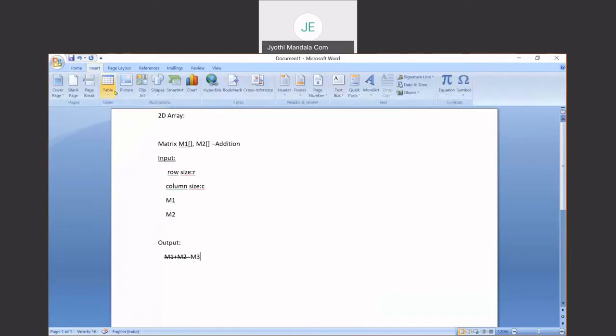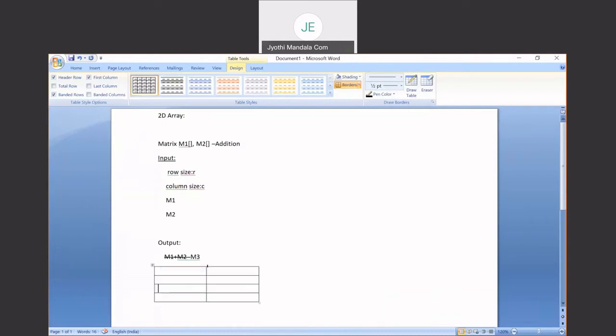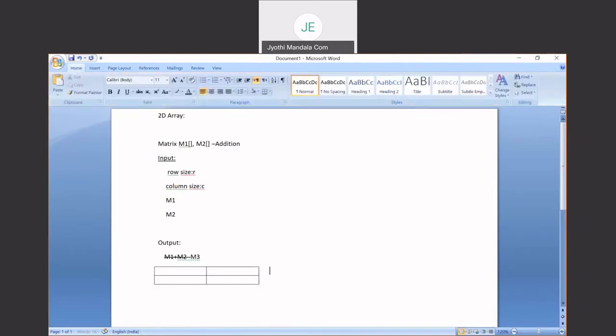I'll explain this. Let us take a 2 by 2 matrix. Now this is M1 matrix and this is M2 matrix.